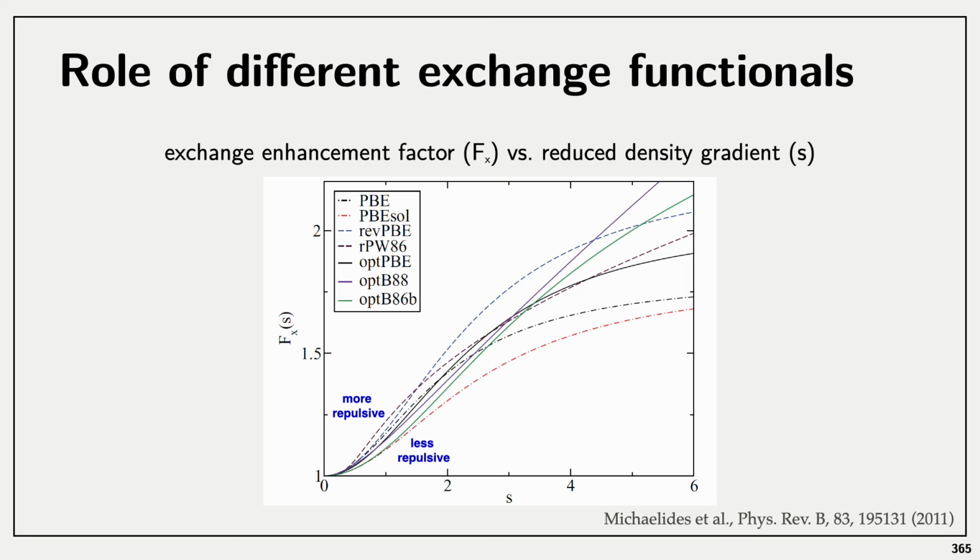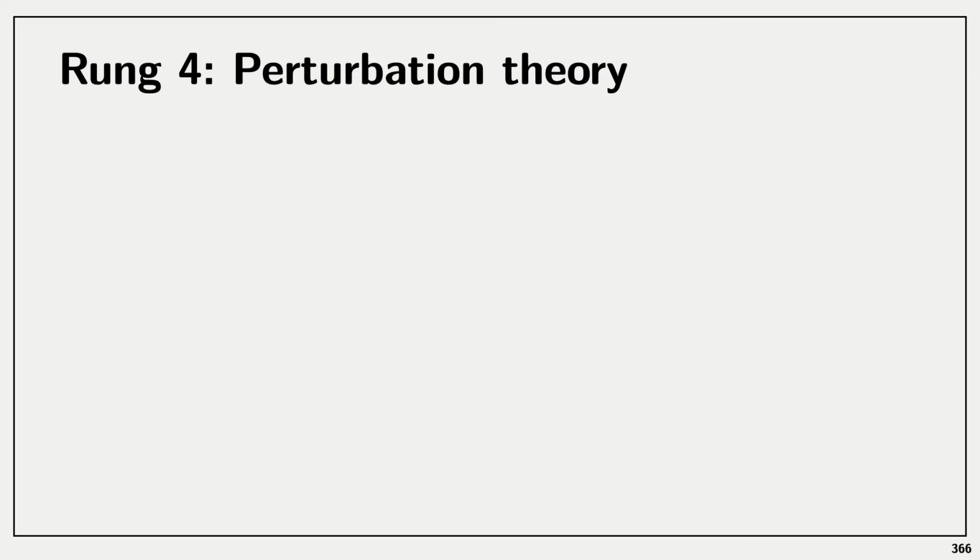So this is a typical plot that you would see, again without going into the detail, but the different approximations will have different behavior, a different asymptotic behavior, for instance. So that's interesting. Now I have to tell you a little bit about rung 4, very little about this,